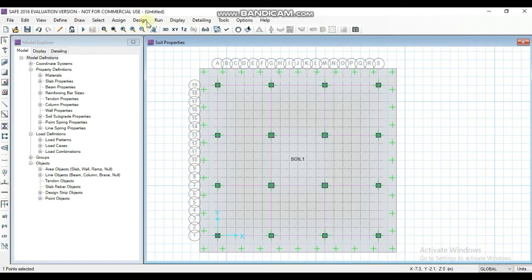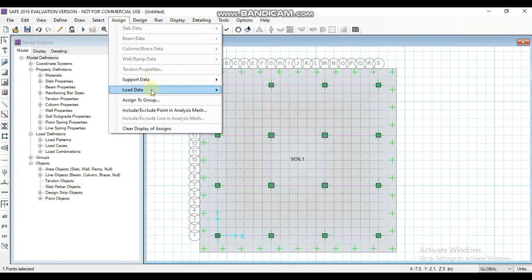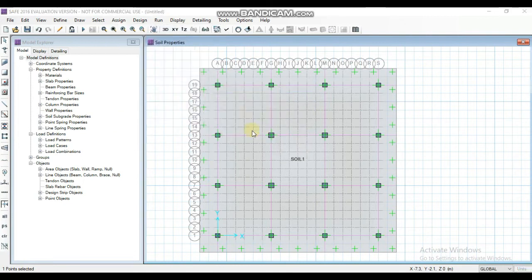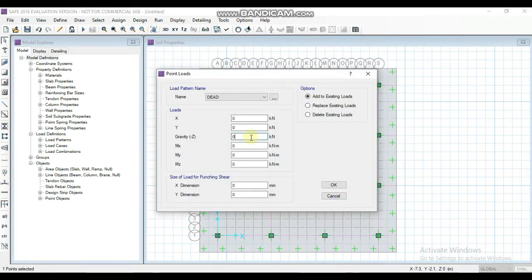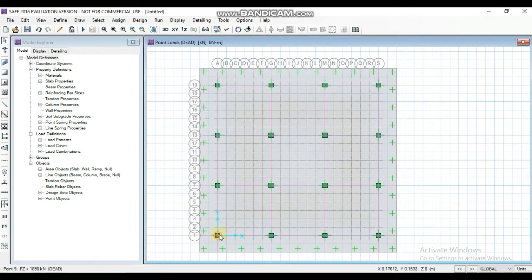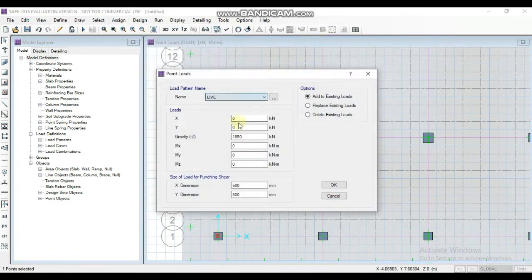And go to assign, click on load data, click on point loads, and set the dead load as 1850 and dimensions as 500 by 500. Now do the same and select the load as shown.